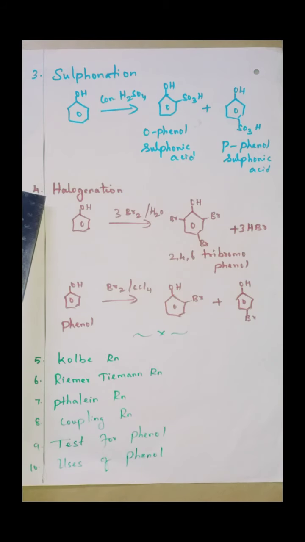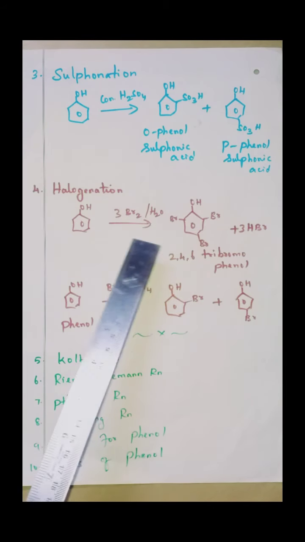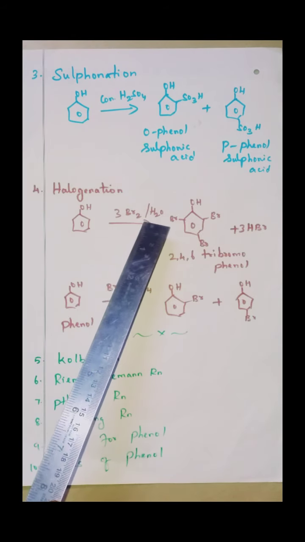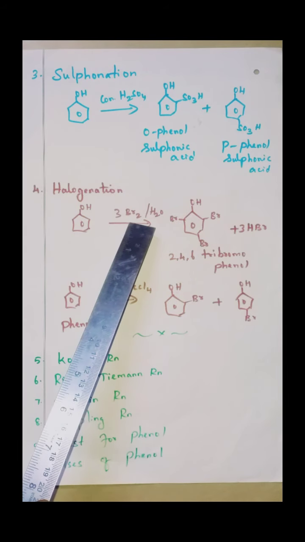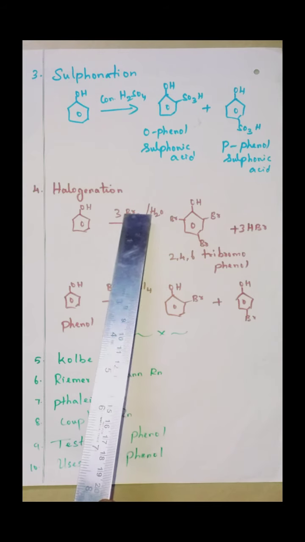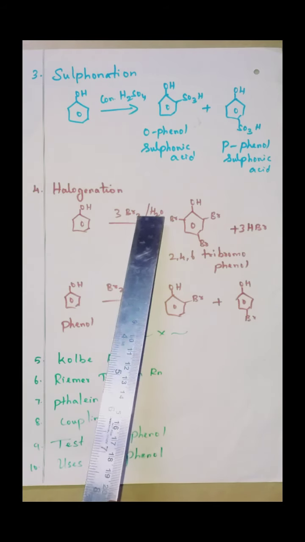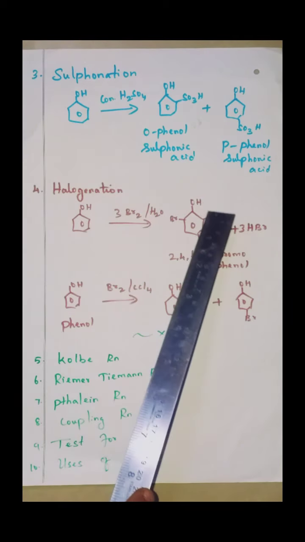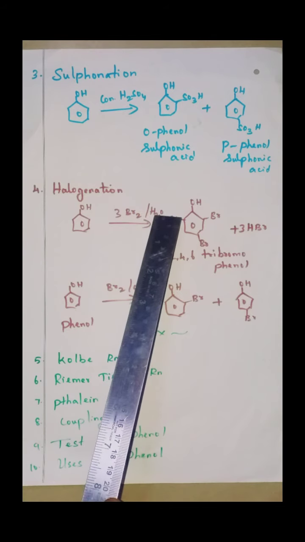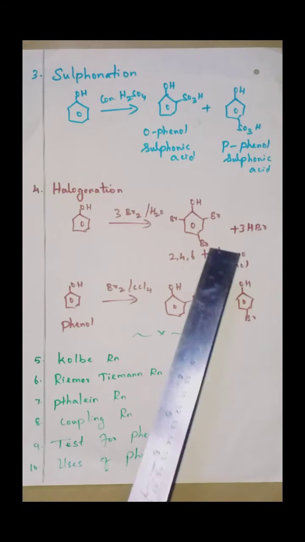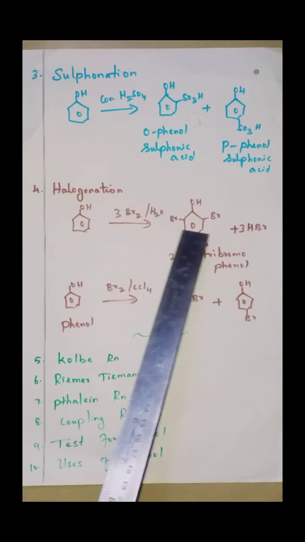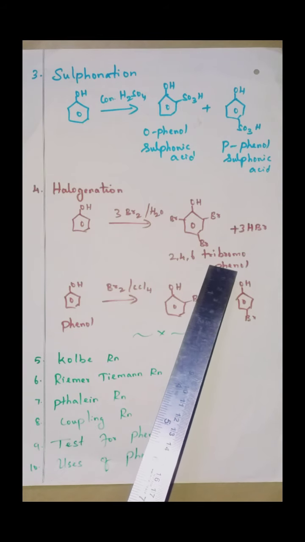The next halogenation reaction, that is with the bromine water. This is also a test for phenol. So when phenol is reacting with the bromine water, the color is a yellow solution. When it is treated with the phenol, it forms, because here 6 bromine atoms are present, 3 bromine molecules, but totally 6 bromine atoms are there. So in 3 positions 3 bromine atoms are combined, and the remaining 3 take away the H to form 3HBr. So 2,4,6 tribromophenol forms a white precipitate,